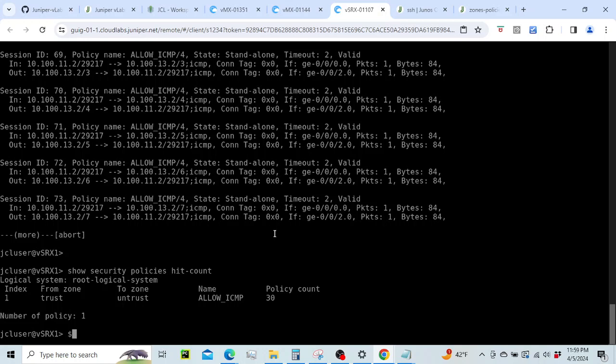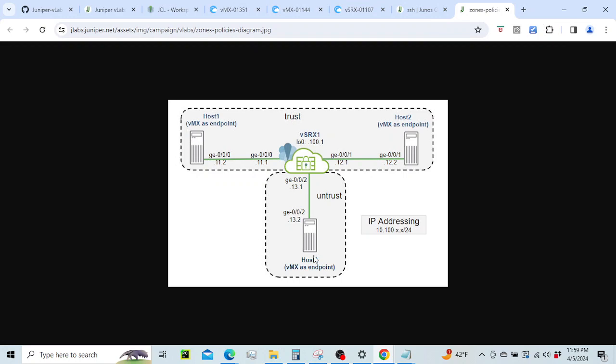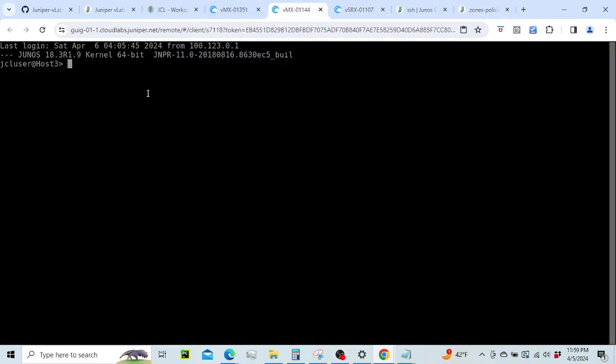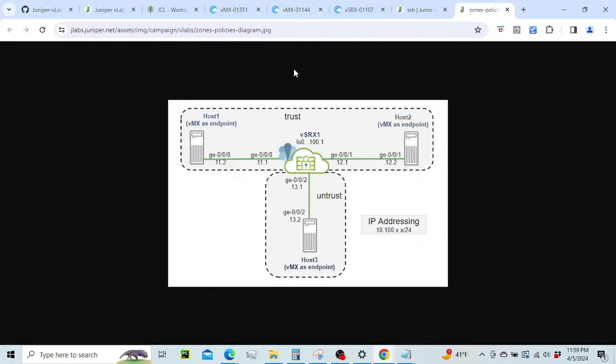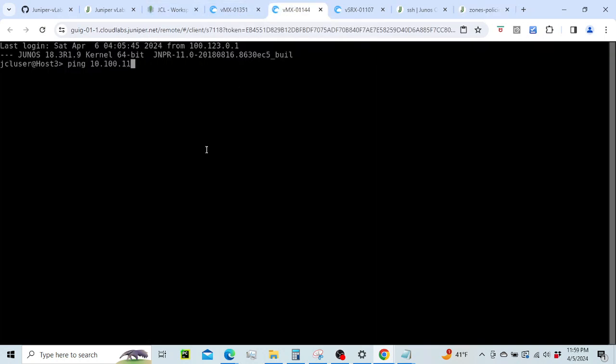So let's go ahead now and try the reverse action. That's going to be from host 3. If we try to ping host 1, let's see what happens. So we'll go to host 3 and we'll start a ping. That's going to be 10.100, and the destination is going to be host 1, which is 11.2. And we'll just do a rapid count of 1,000. Excuse me, sorry about that. So if we go to the vSRX,